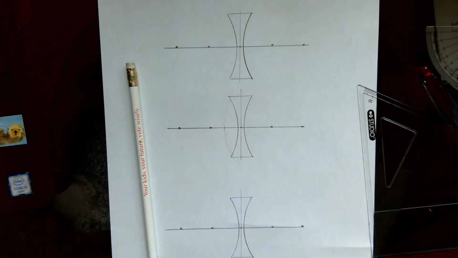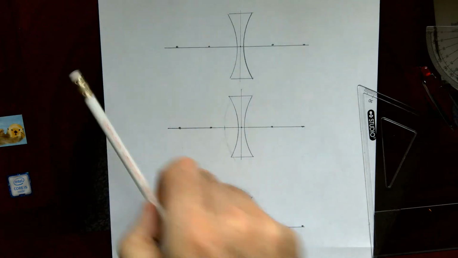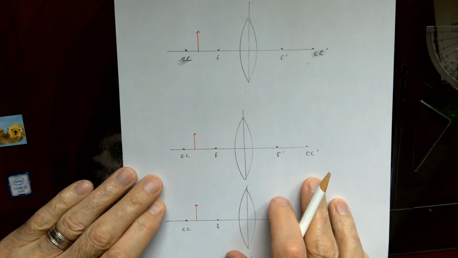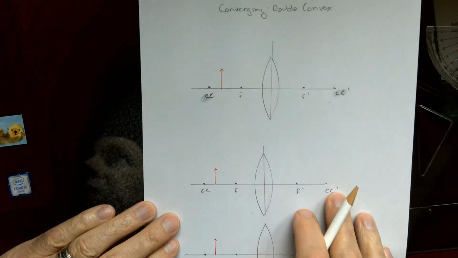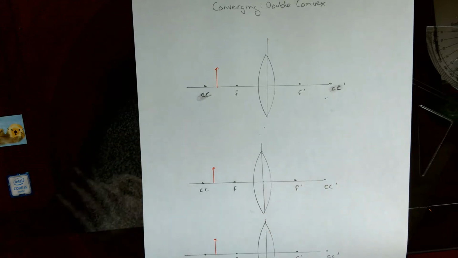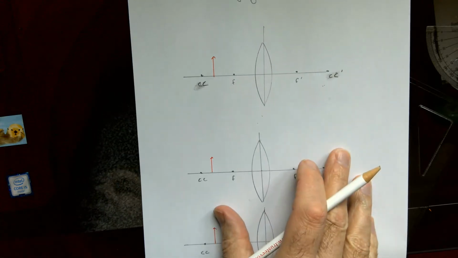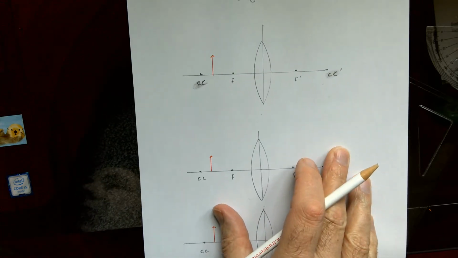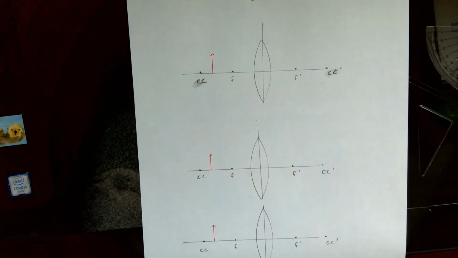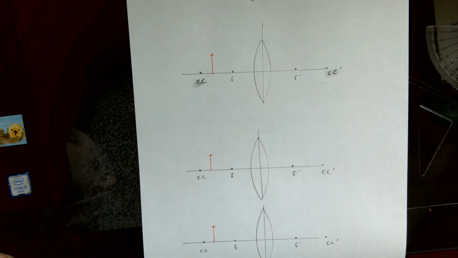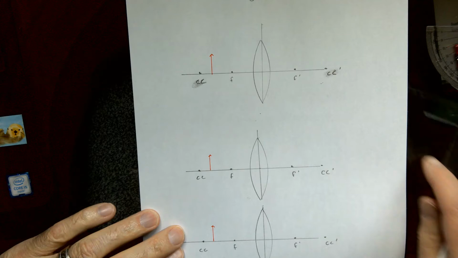Okay, it is Thursday, January the 14th, and this is the morning, and we are going to be looking at lenses right now. Lenses play a big role in your life. For example, if you have contact lenses in, or if you have glasses, you have lenses. Your tech devices have lenses in them, cameras have lenses in them. So lenses are important, and what they do is they refract light, or they change the direction of the light